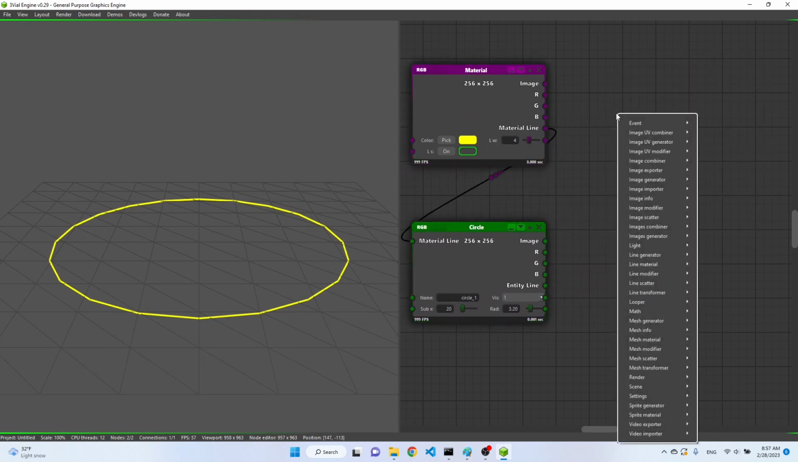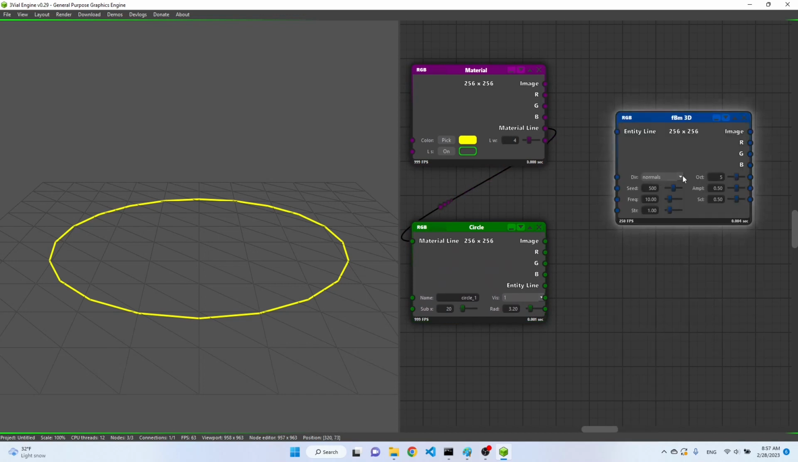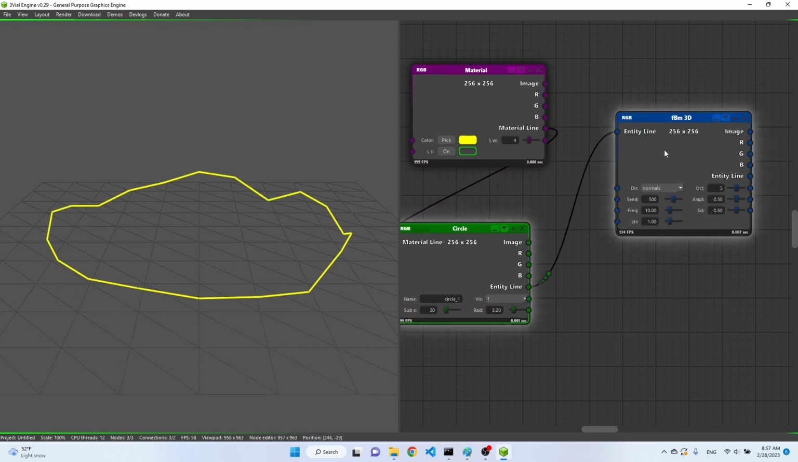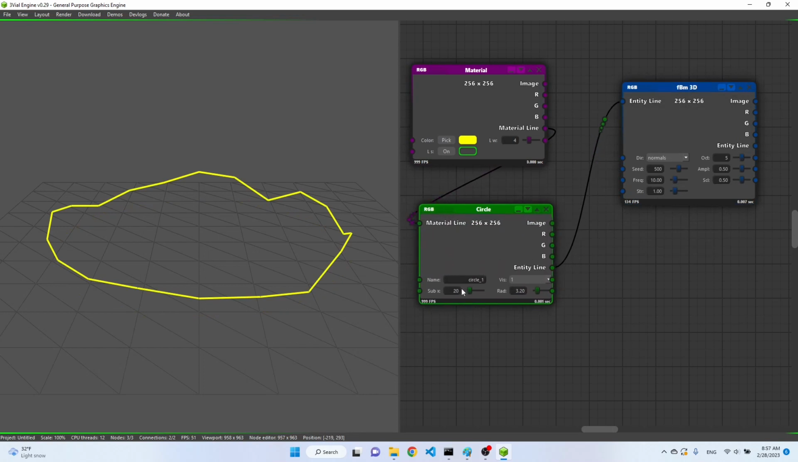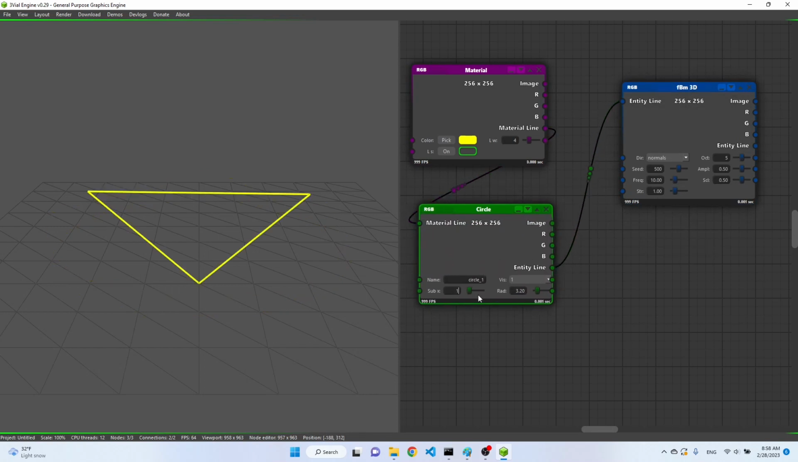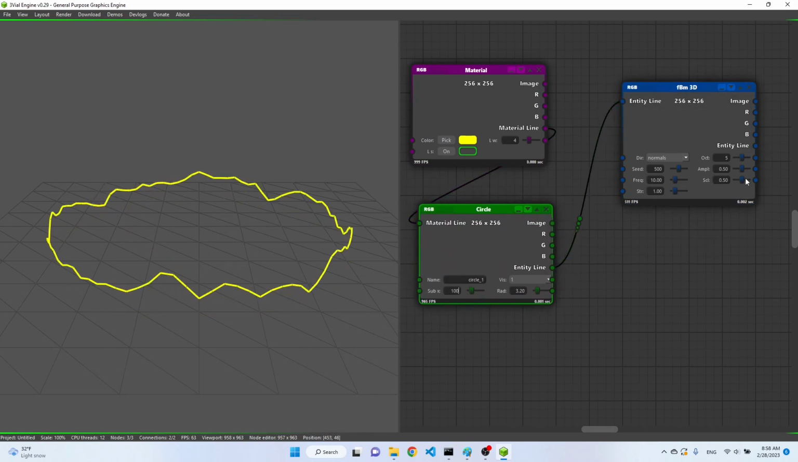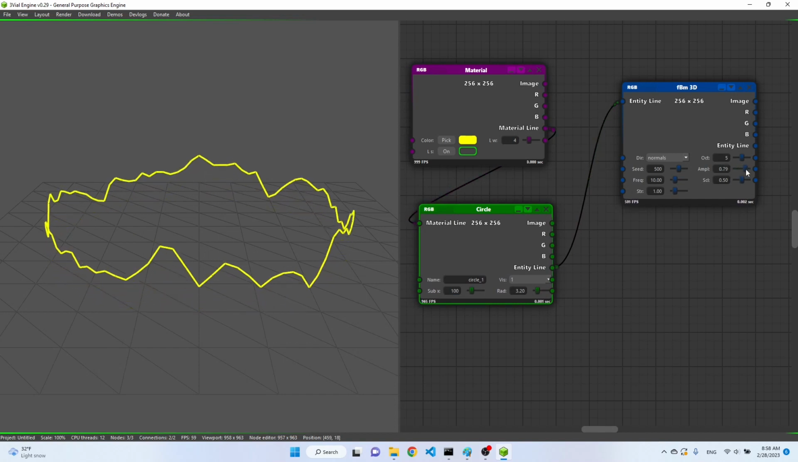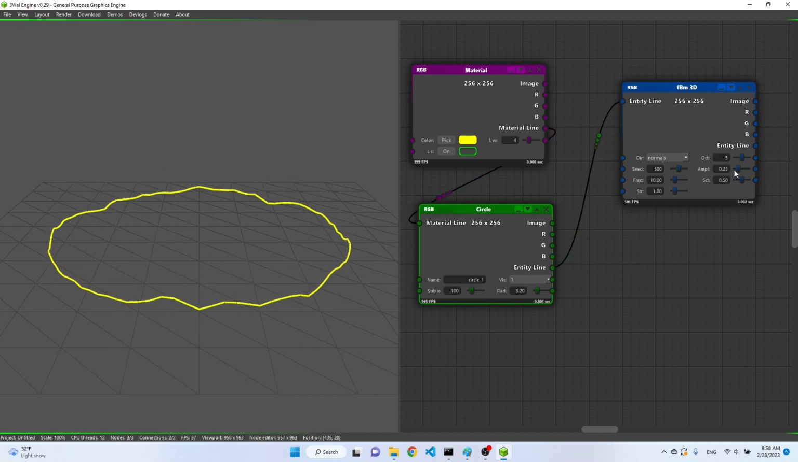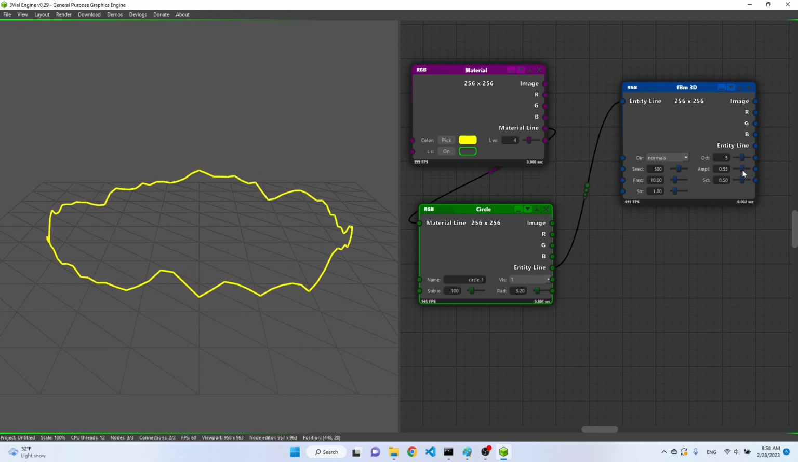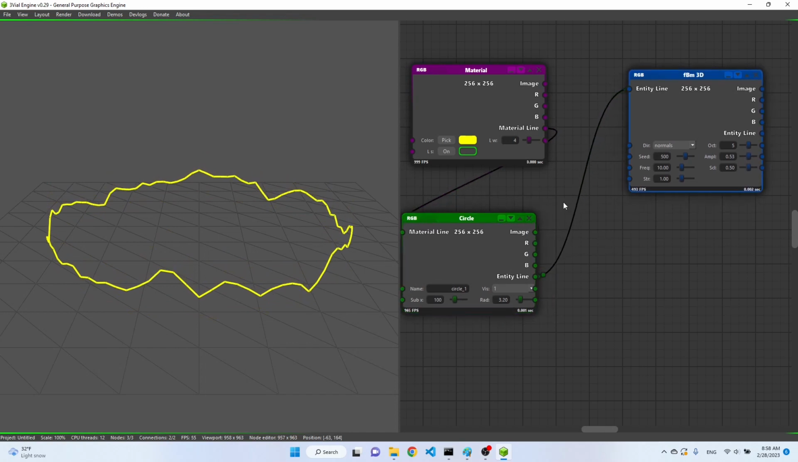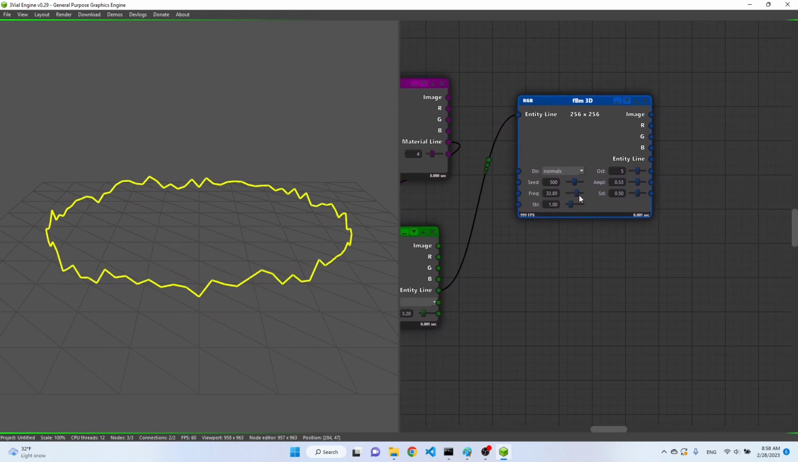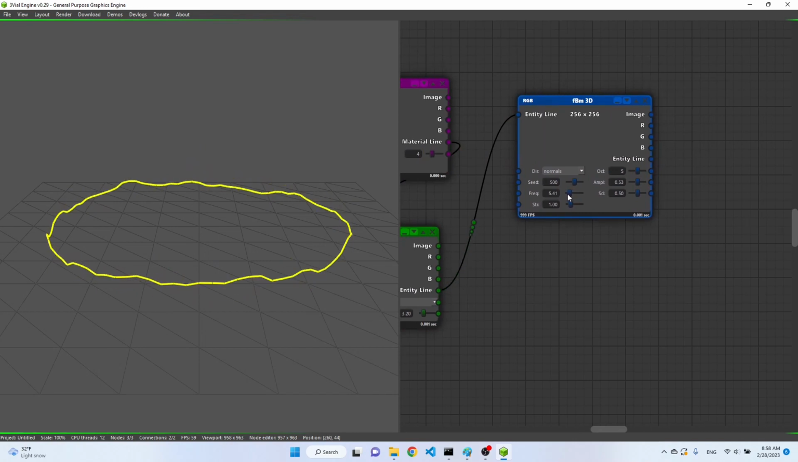Okay, the lines have modifiers. Let's say we use FBM. And let's make subdivisions higher, something like 100. So if we make amplitude higher, we can see these results. Frequency higher,